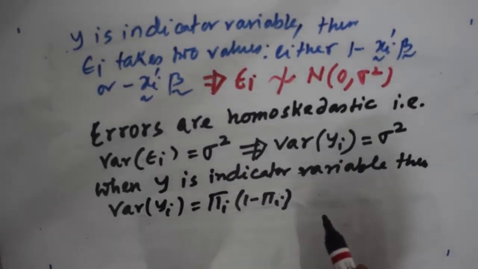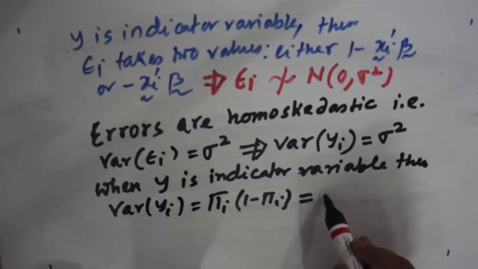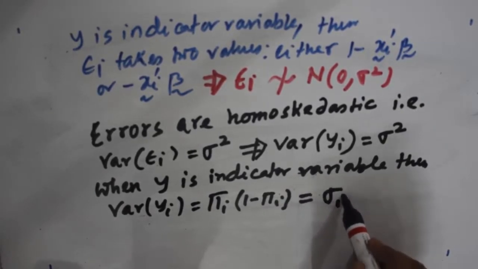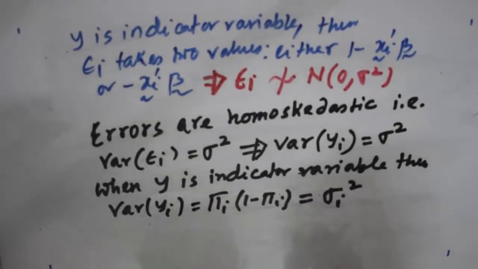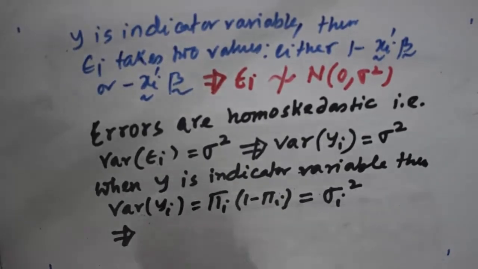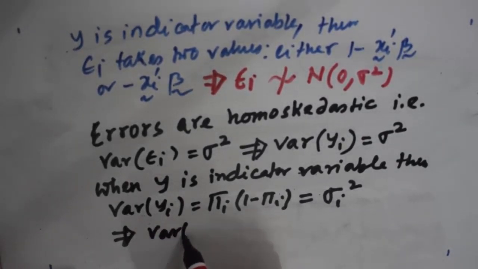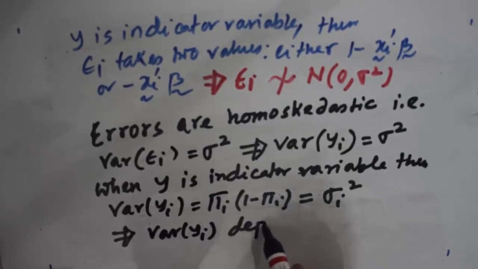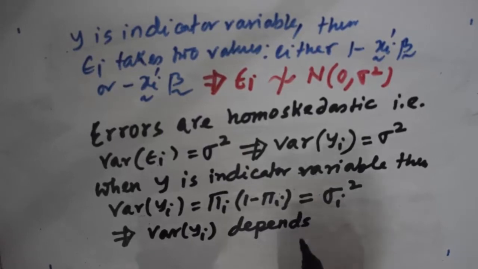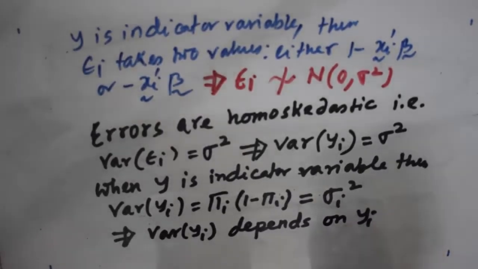So suppose I denote this pi i into 1 minus pi i equal to sigma square. This implies variance of yi depends on i,